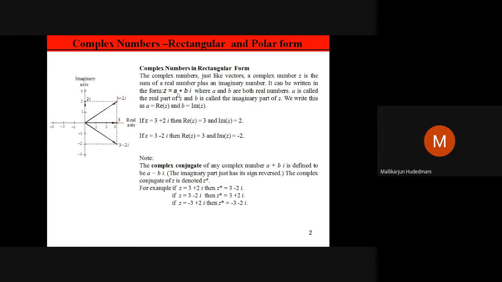So the real part of the representation is the first term without i. The imaginary part of the representation is the term operated by i or j, where we know i or j is a complex operator whose value is square root of -1. In electrical notation, this i is an operator operated on a quantity; if A is a vector, B is a vector, to this vector i is multiplied or i is operated on that.